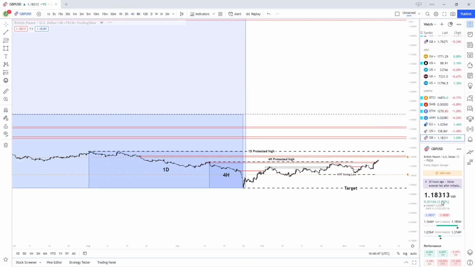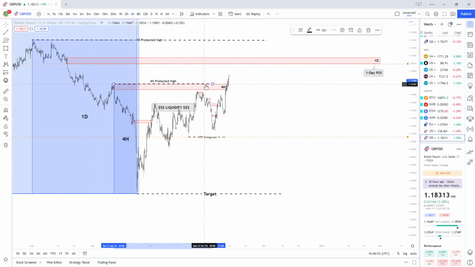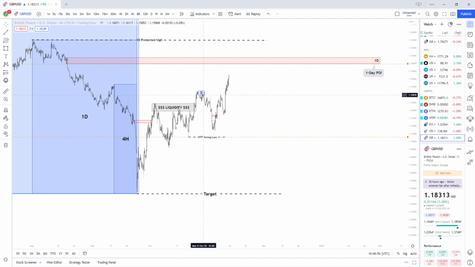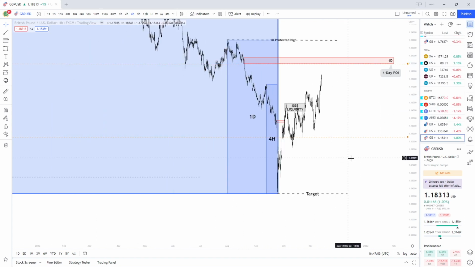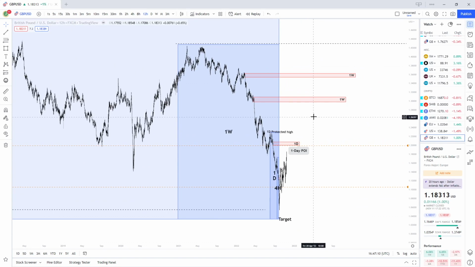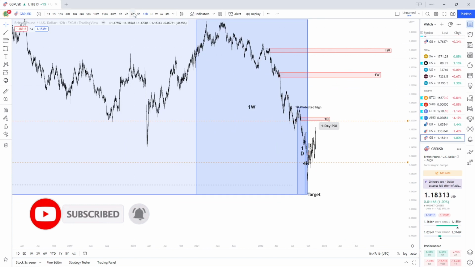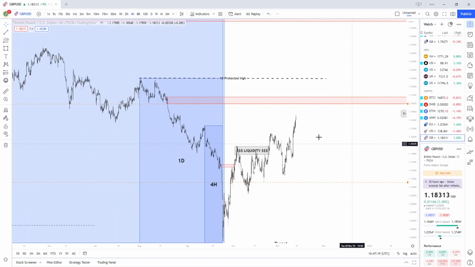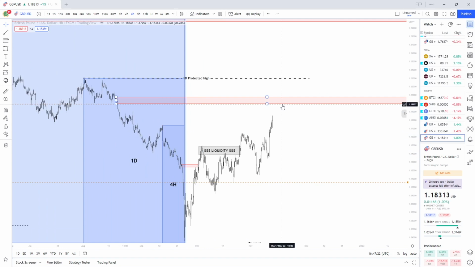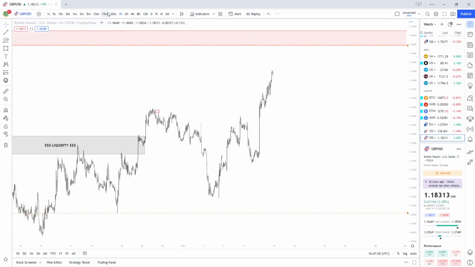Obviously, a quick browse into pound dollar, where we see that price has now, similar to Euro USD, invalidated 4-hour structure. So supply is no longer in control. We are heading towards this 1-day point of interest where we have an alert, where we may potentially see price break through. If not, we're then breaking the 1-day protected high. And again, similar to Euro USD, we're then working within higher time frame structure where we're then seeing pullbacks into these 1-week zones. So as of right now though, I'm definitely going to be looking within this zone here at around 1.198 for the mitigation and potential reversal from. So do keep your eyes peeled on that.